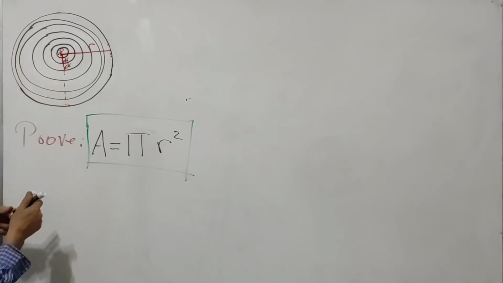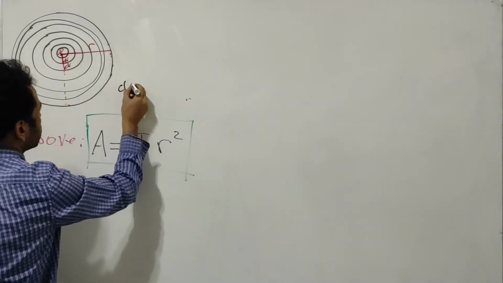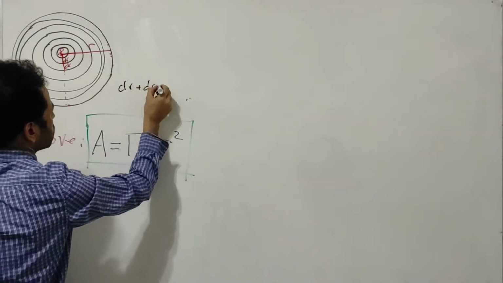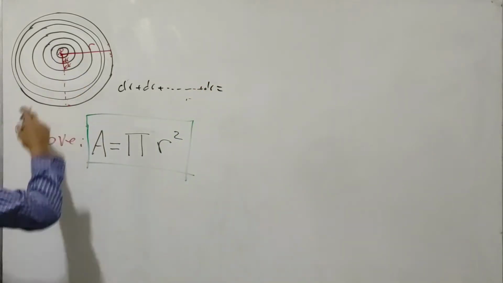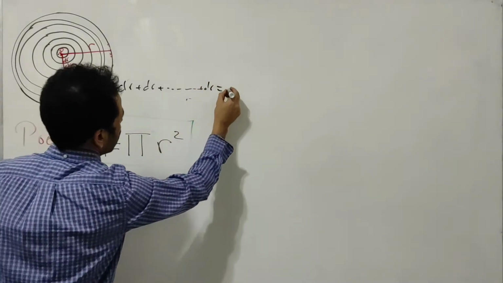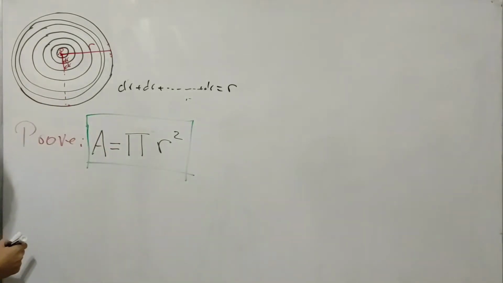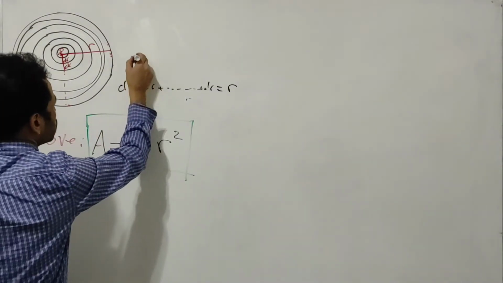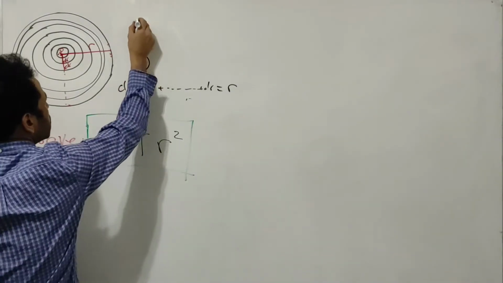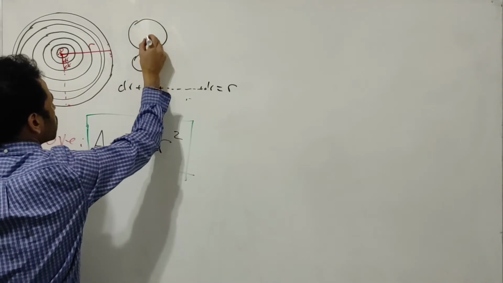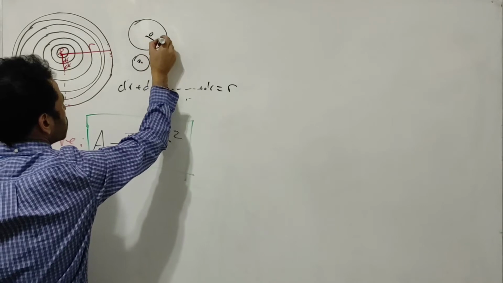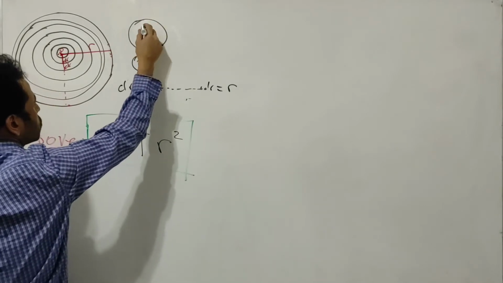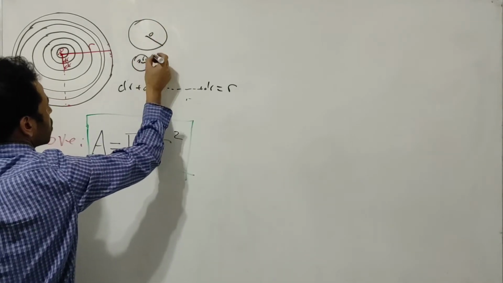If you add dr plus dr plus dr all the way down, the sum of these partial sums of dr gives you the whole r. But for the small circle and big circle, with the same origin O and different radii, r1 and r2,